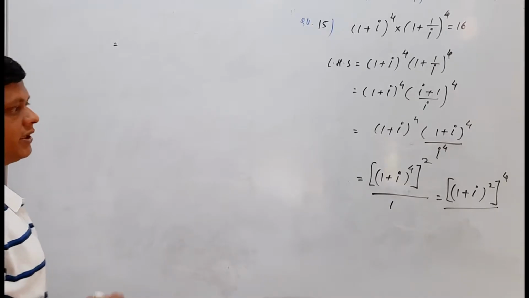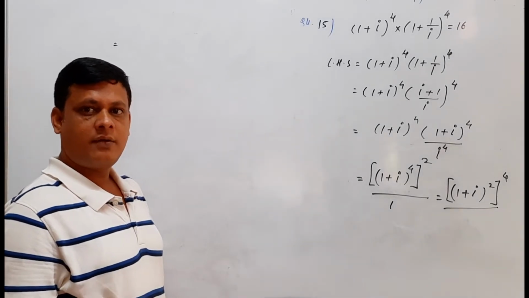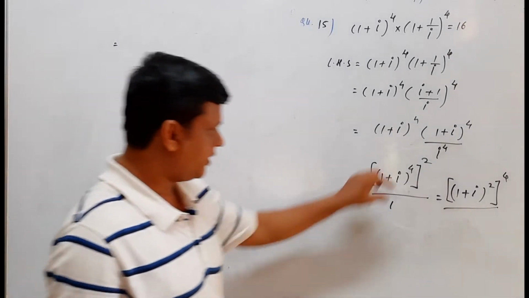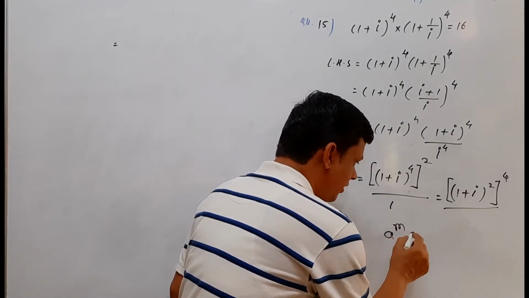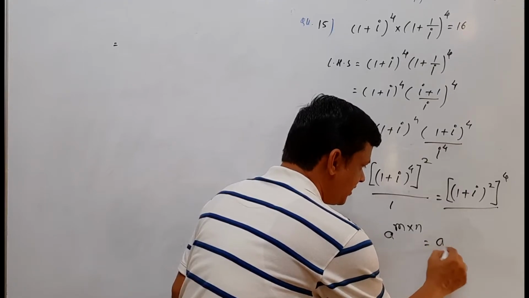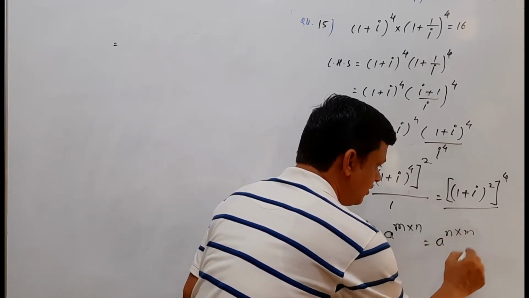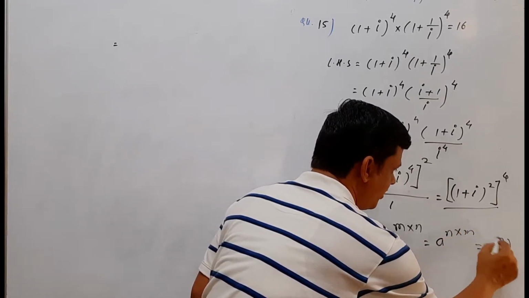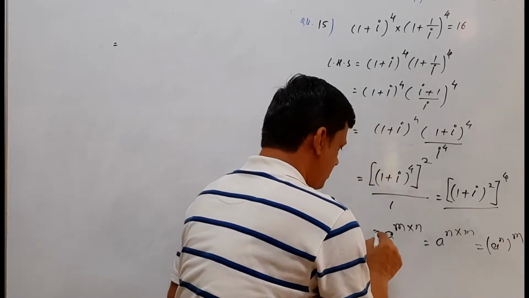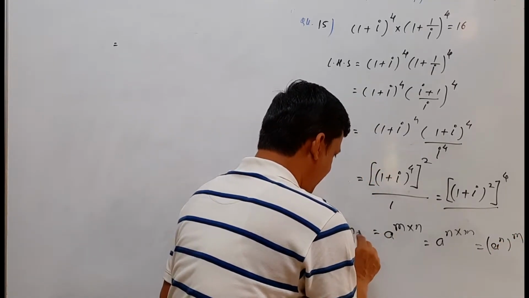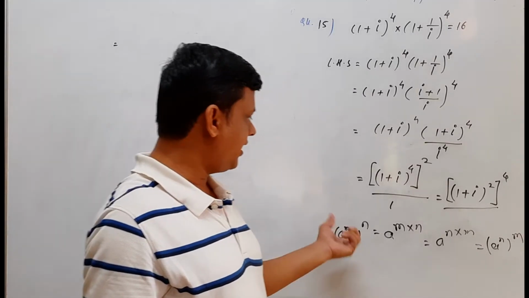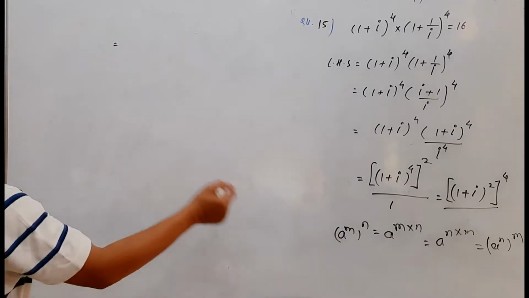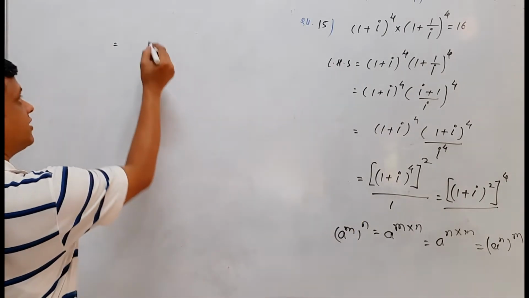Instead of calculating the value of (a plus b) raised to the power 4, we interchange this power, because we know that a raised to the power m into n can be written as a raised to the power n into m. So we can write (a raised to the power n) raised to the power m, or (a raised to the power m) raised to the power n. We write in this form, so we can interchange that power. So we use the formula (a plus b) square. So we write